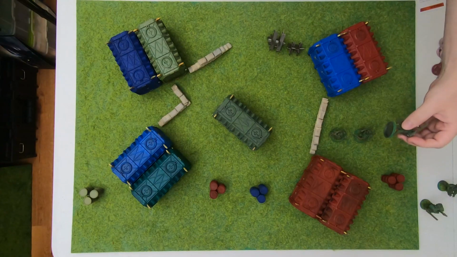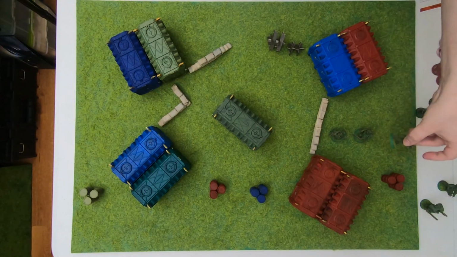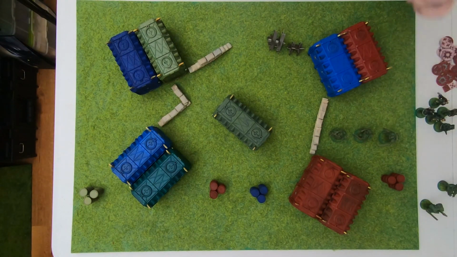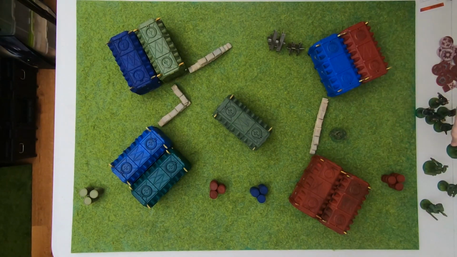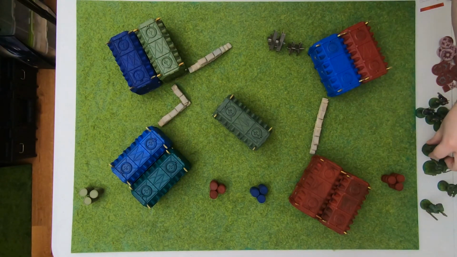I'm going to be adding more to it because I've already got some more models primed, the same green prime that these guys were primed with. So I just have to do some green streaks, get some details, hit them with the wash and then base them. So, yeah, they're ready. I'm using the Kill Team Manual,